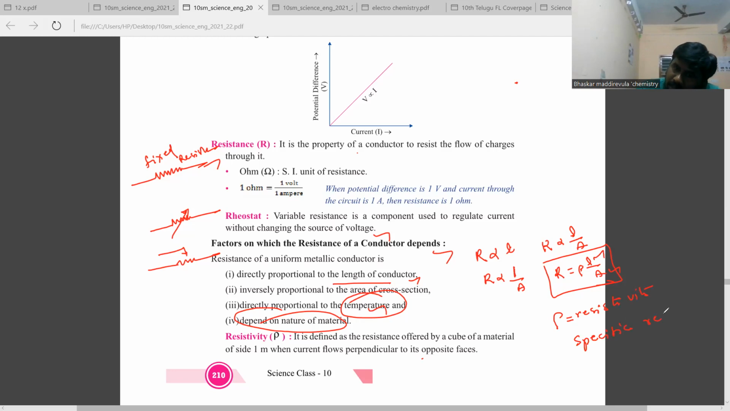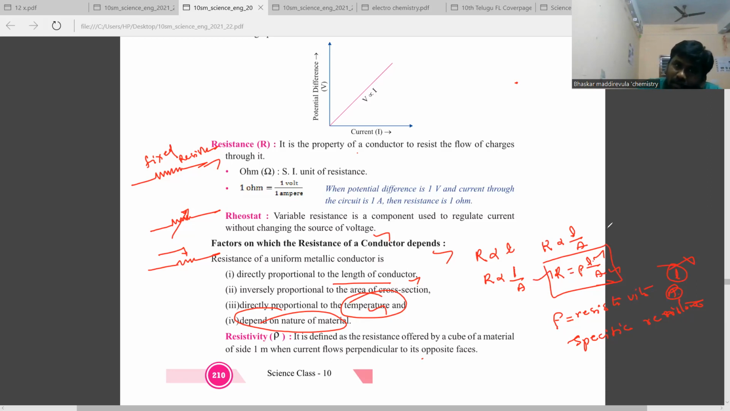Specific resistance. Every metal has its own resistivity. Keep in mind, this resistivity does not depend upon the length of the conductor, and it does not depend upon the area of cross section of the conductor, but it depends upon the temperature. Every material has its own resistivity. If you know the resistivity of the material, the length of the conductor, and the cross section area of the conductor, then we can find the